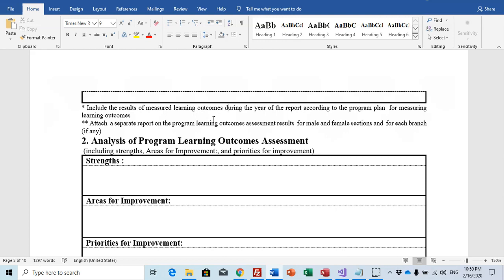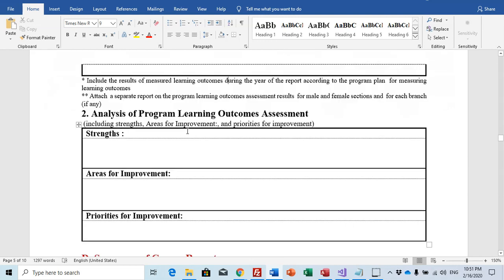This does not mean that instructors are measuring specific learning outcomes only. They measure all learning outcomes related to their course learning outcomes. But for this annual report, you have a plan. So within 4 years, you can measure all learning outcomes, have feedback, and you can make updates to your program, or submit for accreditation after 4 years or 5 years. And you have a 4 years plan or 5 years plan until you have graduate students, to make a modification or update for your program.